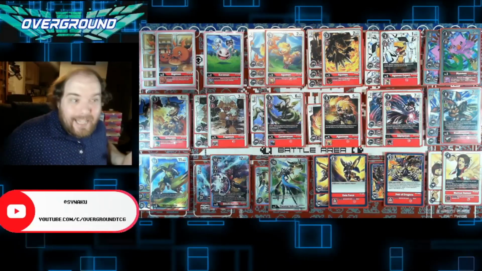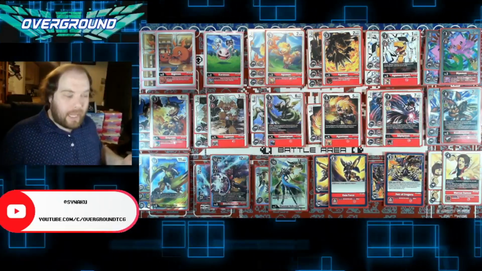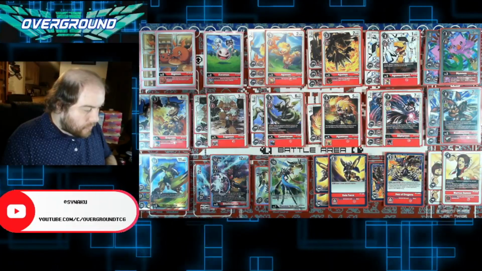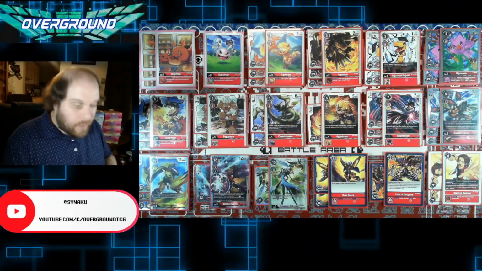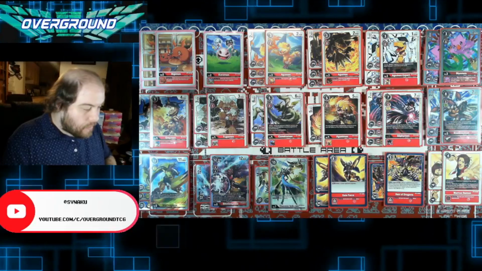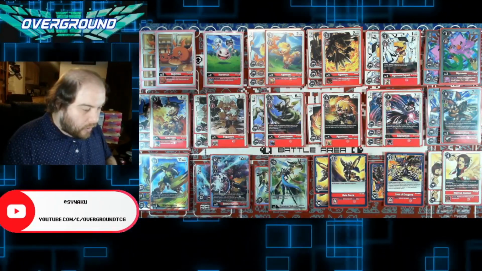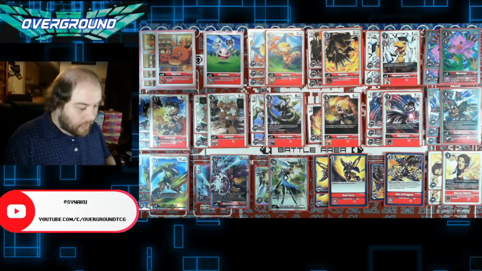So yeah, that is the yellow-red WarGreymon deck that we've been working on over the last couple weeks. I'm really happy with how this deck is performing, and I'm really excited to see how much further we can take it, especially once we start getting the new BT5 Greymon/Omnimon support cards. I'm really curious to see how much more consistent we can make this deck overall,